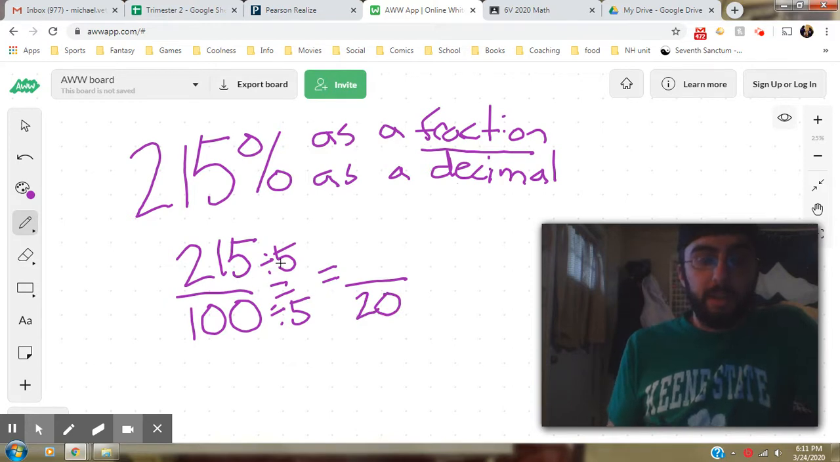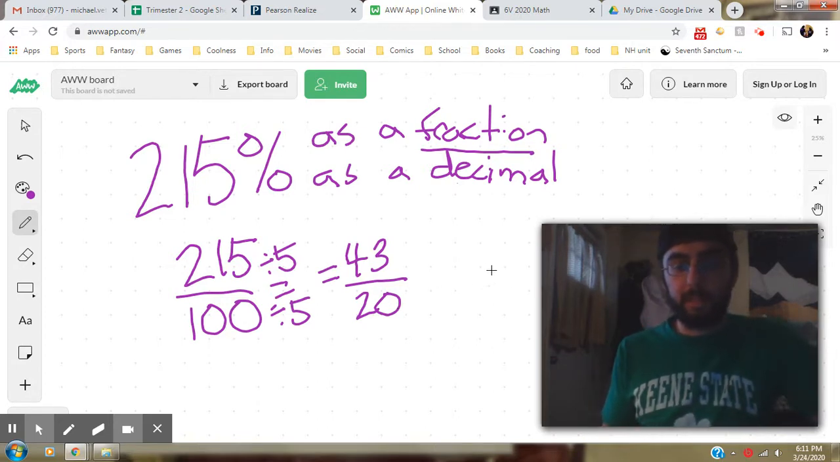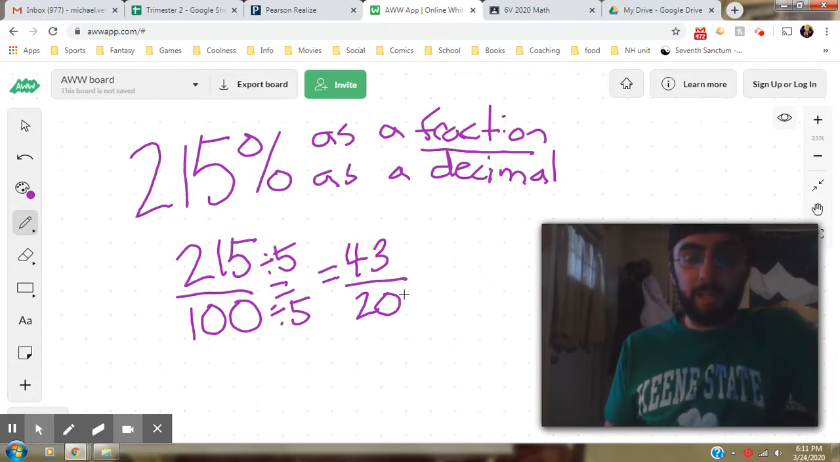It's 20. Now 5 goes into 21 4 times. So do a little bit of mental math here, but still the same process. So that's 20. 1 left over. So 1 and 5 is 15. So 5 goes into 15 3 times. So now I have 43 over 20. All right, and depending on what is expected, this could be a good answer,